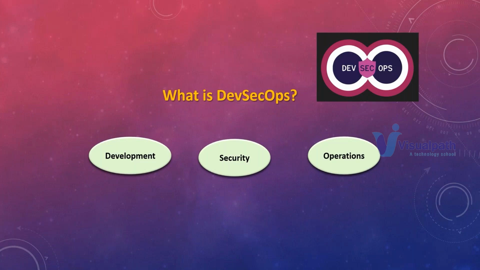Now, in this particular course, you will be learning what security tools we have to identify vulnerabilities or security loopholes or code smells and all these things. So we have to find out the tools, and after that, you need to know how to integrate them into the CI/CD pipelines to automate the process. That is a major goal when you compare DevOps and DevSecOps. So you're learning DevOps plus security.